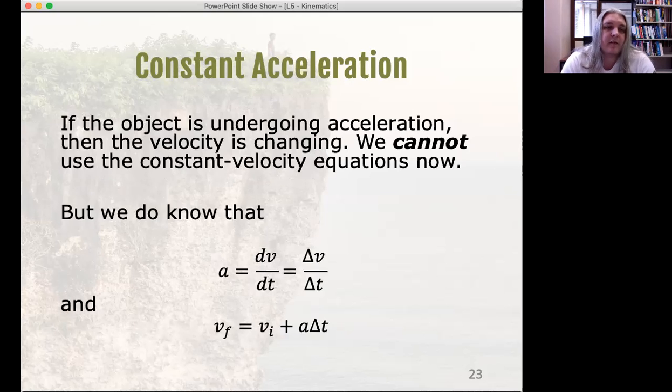When we have constant acceleration, then the velocity is changing. So we can't use those constant velocity equations that we just saw. We can't use x is equal to vt. That's not true anymore if v is changing. But what we do know is that the acceleration is a change in velocity. So if we know the acceleration, we know how much the velocity is changing,